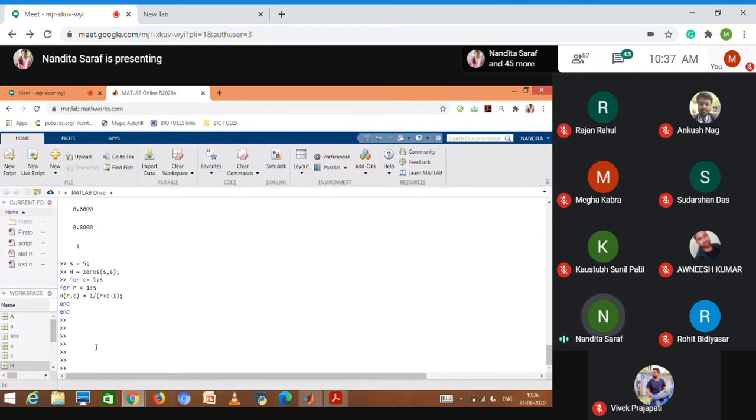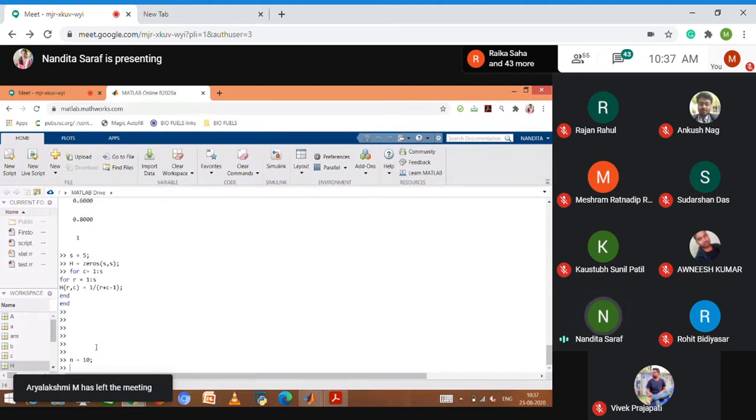As an example, we will evaluate 10 factorial. 10 factorial is, as you all know, 10 into 9 into 8 into 7 till 1. Let's say I defined a variable n as 10 and another variable f, which is equal to n for now.